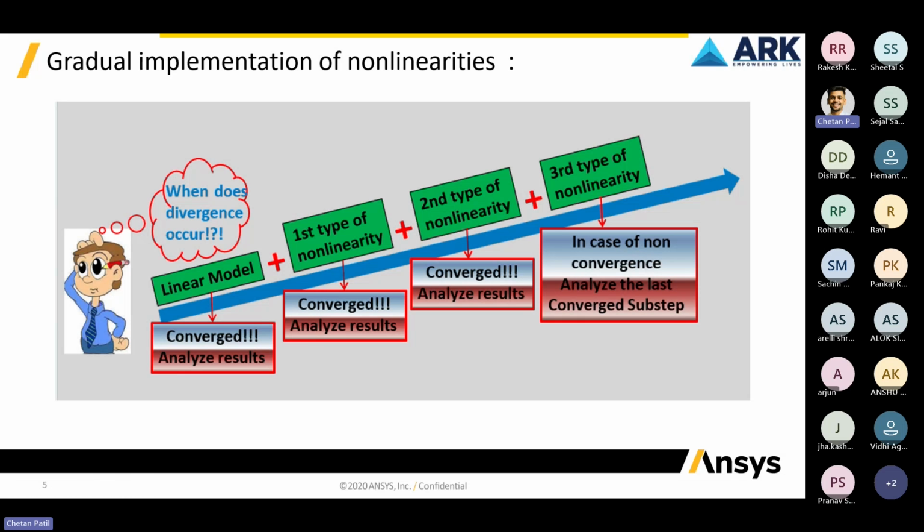So basically, we will see how to analyze these kinds of results as well. It might occur due to any kind of non-linearity, not just due to the contact, but any kind of non-linearity. If it is occurring with respect to the contact non-linearity, how will we recognize it, and how will we try to overcome that divergence that occurred in the